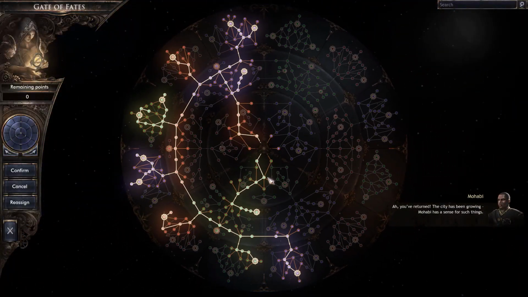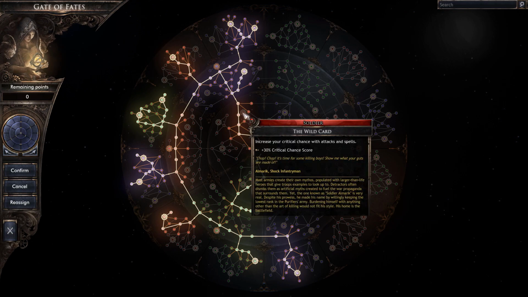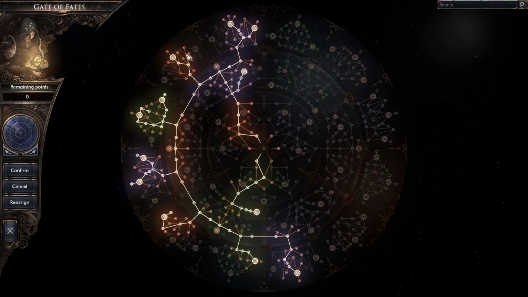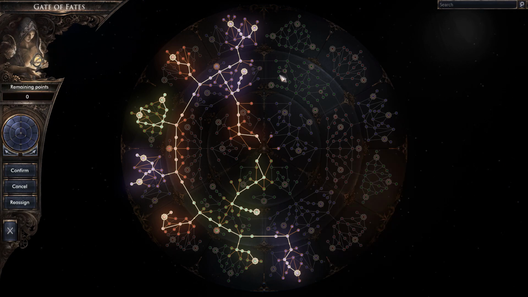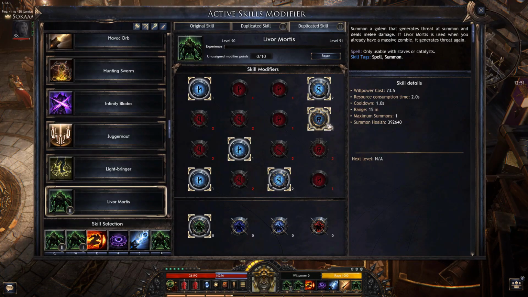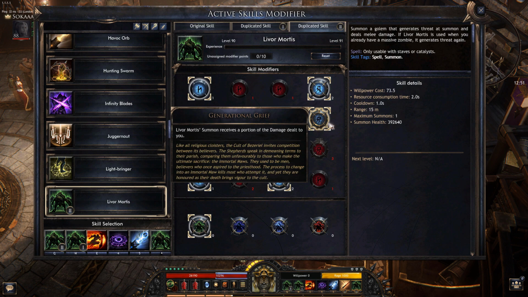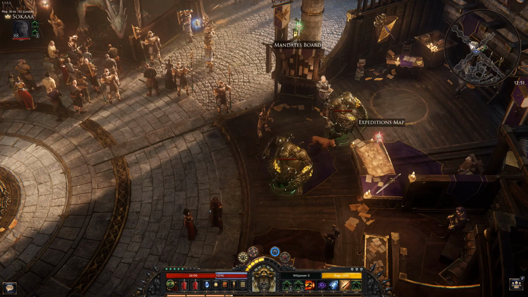The build itself, is my screen going to be shaking? No. Alright, the build itself is actually pretty simple. I got the wild card here, I got Reigning in the Darkness here, and I got Disallowing Vessel. The way that I built everything is, this node here, Dire Junction, along with Sacrifice of Flesh, works very well with generational grief from Liver Mortis. Having 3 of them out with this node basically makes you very, very tanky, because your summons will take the brunt of the damage, and then